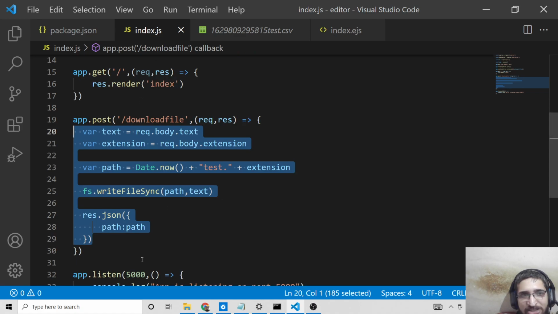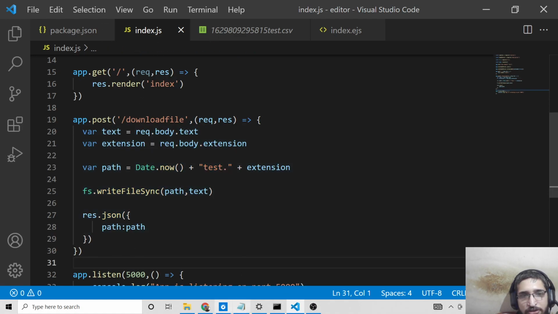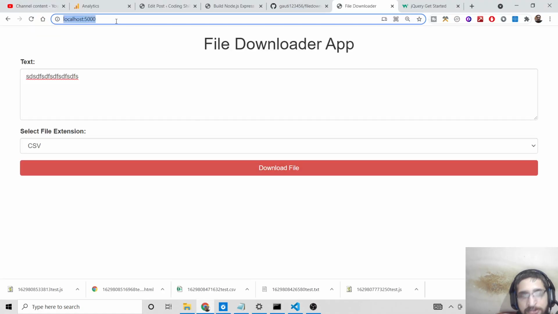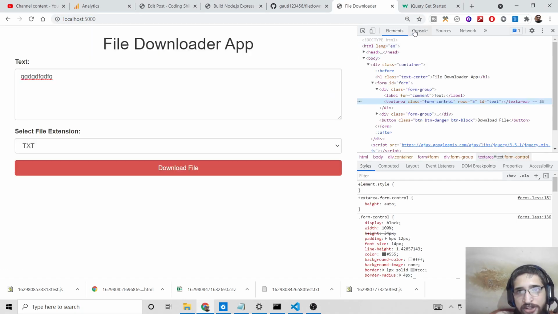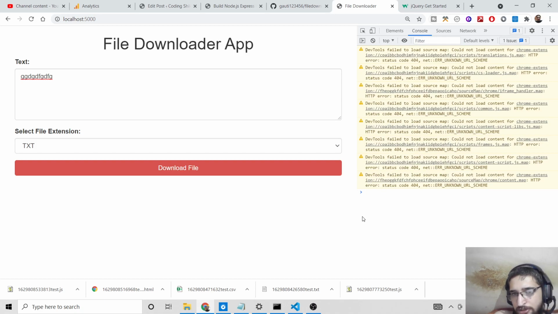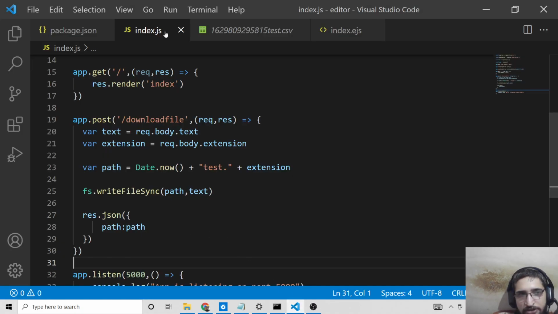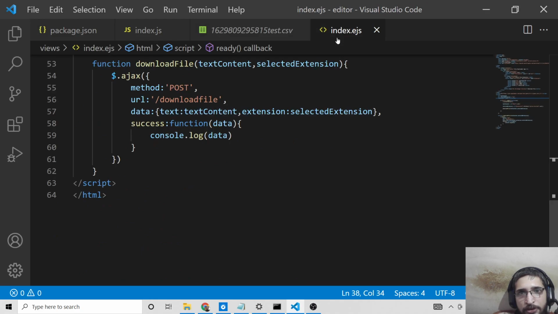Now we need to catch this path. So if I once again run this, and click download file and click on inspect element, you will see I think the path is data.path, sorry, data.path.